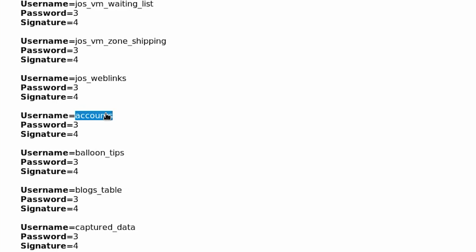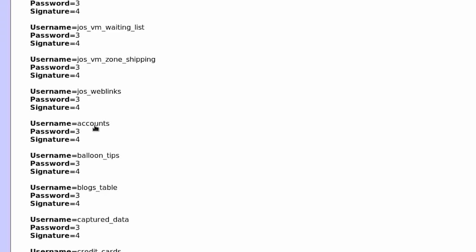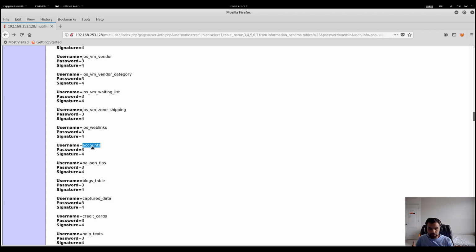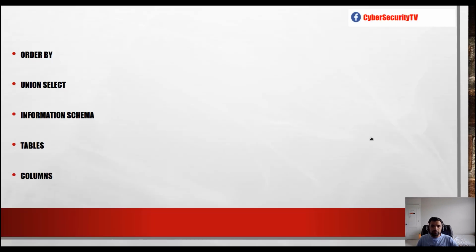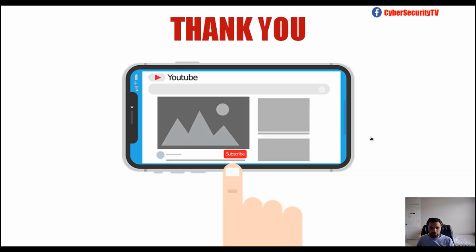So your exercise is, you want to get the column names of this table, and then you also want to extract what information is in those columns. So for example, maybe it has username and password, so how many usernames are there in that column? Once you figure that out, let me know, and put it in the comment section. Help other people as well to read through and understand how SQL injection actually works. This will be a really good exercise for all of you who are just starting with the cybersecurity field, or getting to know what SQL injection is.